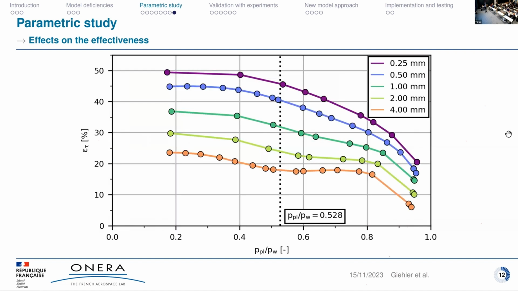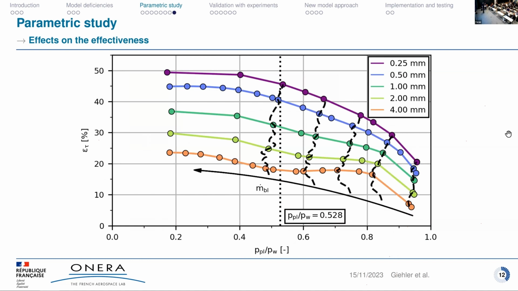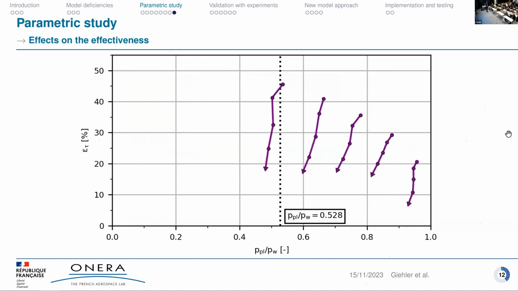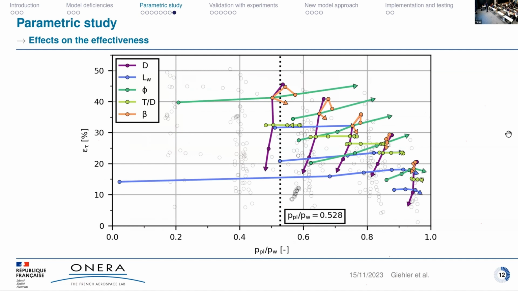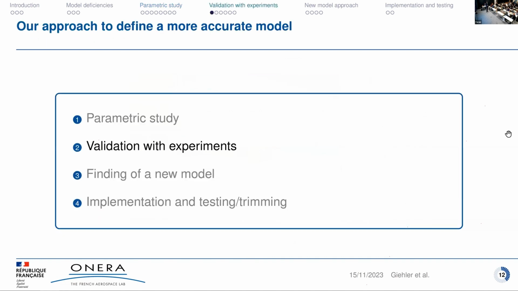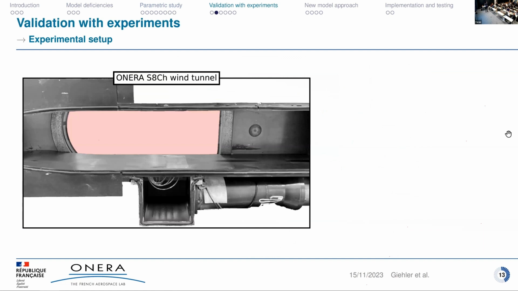And again, this was done for different pressure ratios. We can also show the ISO lines where we have constant bleed mass flow rate. We have this trend, smaller holes are better, and again for all the different parameters. And this is all not considered in lead models. So of course I have to validate what I found. So we performed